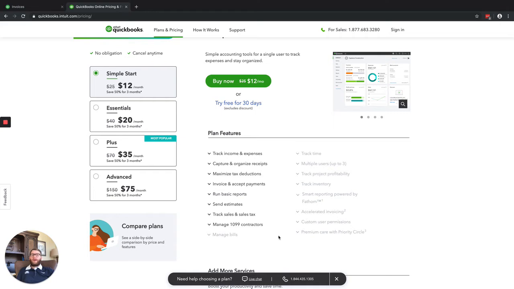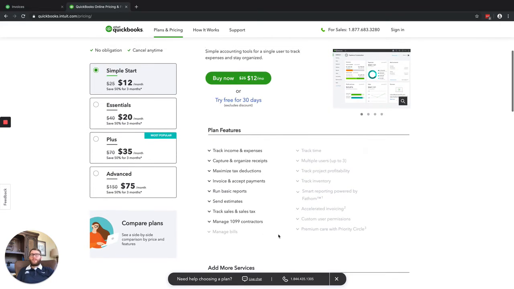The other thing to keep in mind with Simple Start is that it's a simple program, and a lot of external apps, especially some that I work with like Housecall Pro, do not integrate well with Simple Start. They will integrate, but they cause a lot of errors. So if you are looking to build a robust accounting system, if you're looking to grow your business, and it's not going to be a small mom and pop operation, then skip over Simple Start